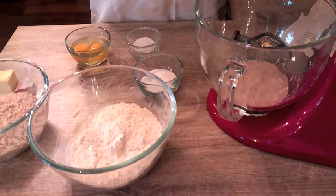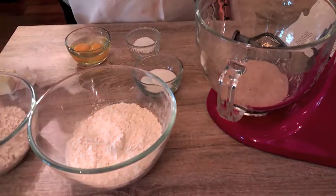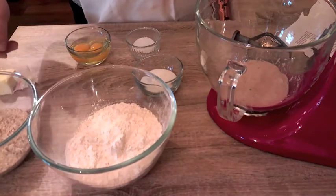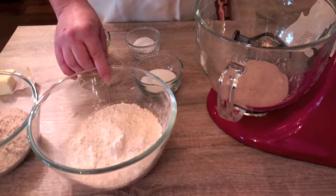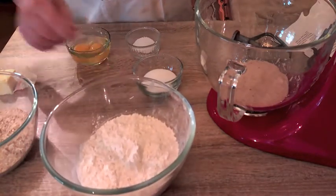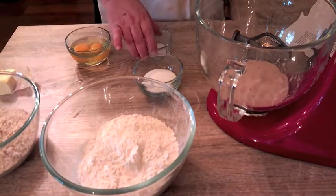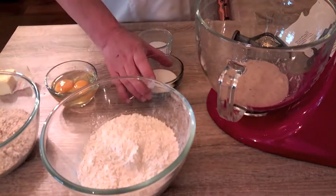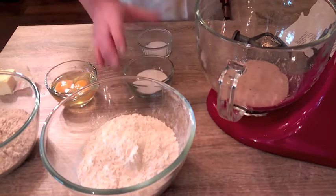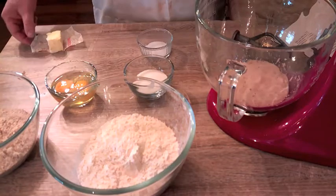I also have 2½ cups of whole wheat flour. Can't have whole wheat hamburger buns without whole wheat flour. I've got 2¼ cups of all-purpose flour. That's just your standard everyday flour. I've got 1½ teaspoons of salt. I have 2 eggs, and I also have 1/4 cup of sugar, and I have 3 tablespoons of unsalted butter,